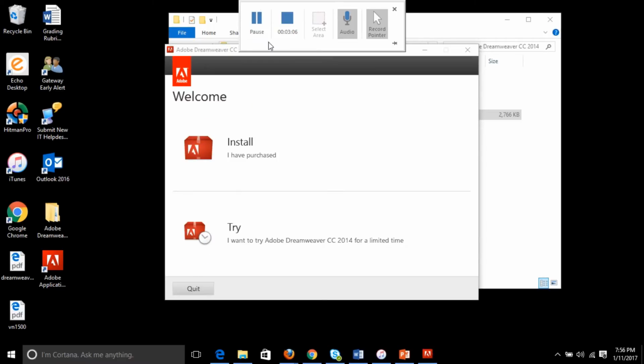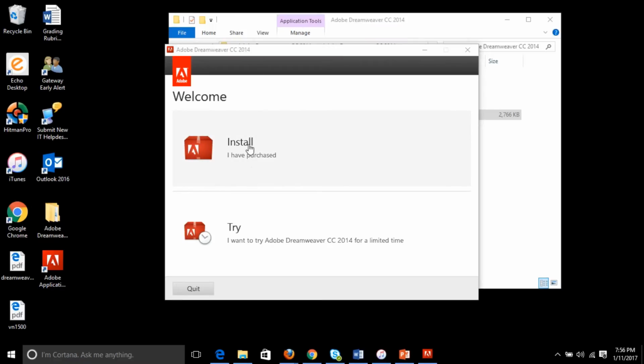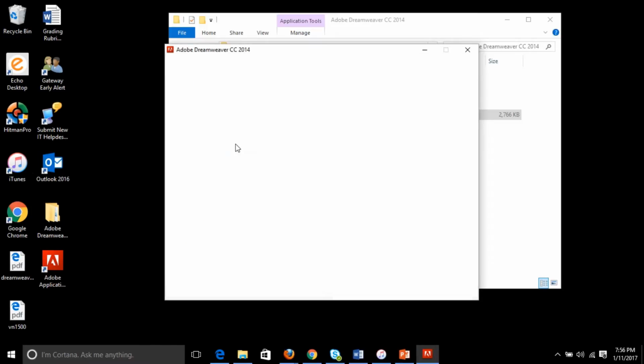Once you are done with the install, you will get the window that says Install. It says I have purchased. In this case, I have already purchased the software, or you can use the trial. Now remember, there's only a limited function on the trial, and if it runs out, you may end up losing your Dreamweaver application software. So in this case, click on Install, and it will take you to a window that